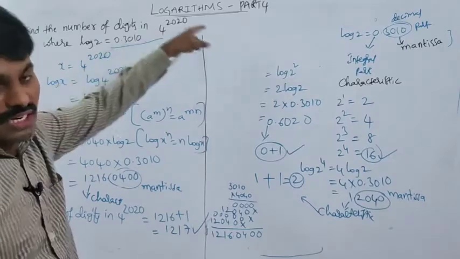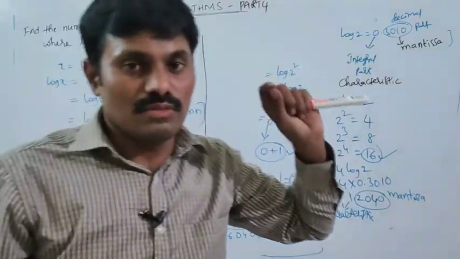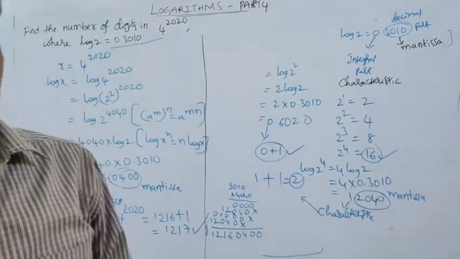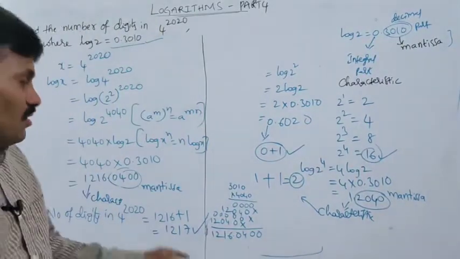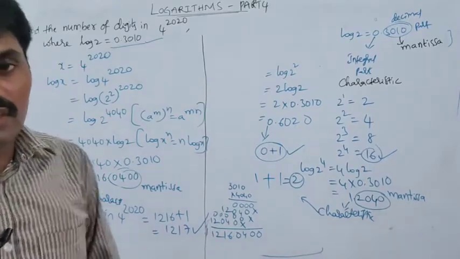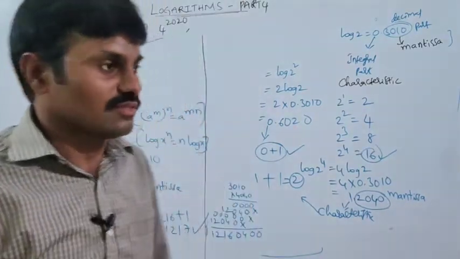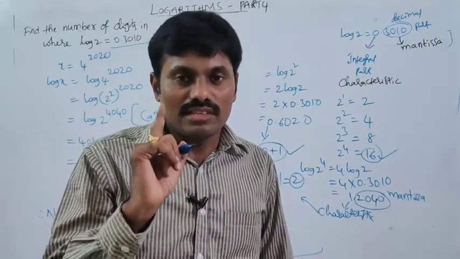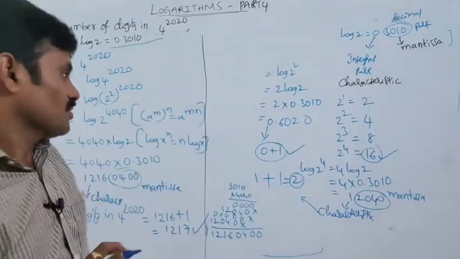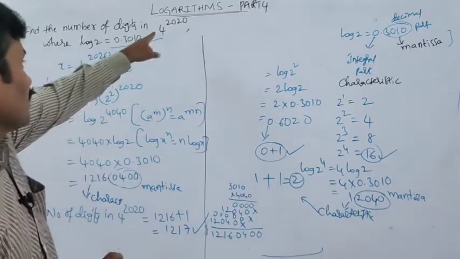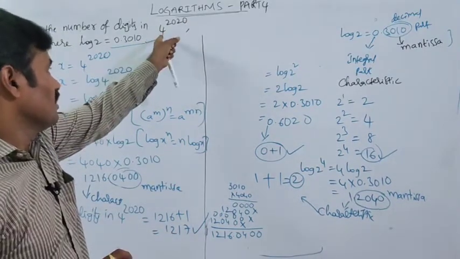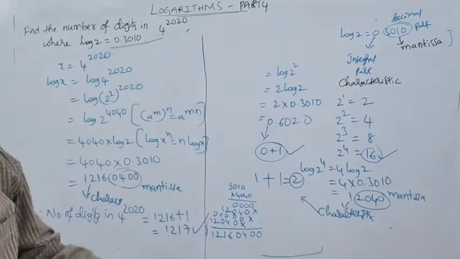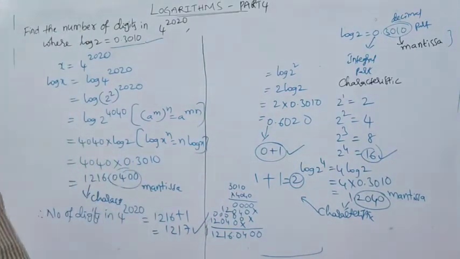Is it possible for us to multiply 4 twenty times? It is difficult for us. So if you use the logarithmic function, it is easy to calculate. Do you understand? Yes, I understood now. It is a very important concept. Practice 1 or 2 times. We can take any number instead of 2020 and we can try this. If you want, you can test it.